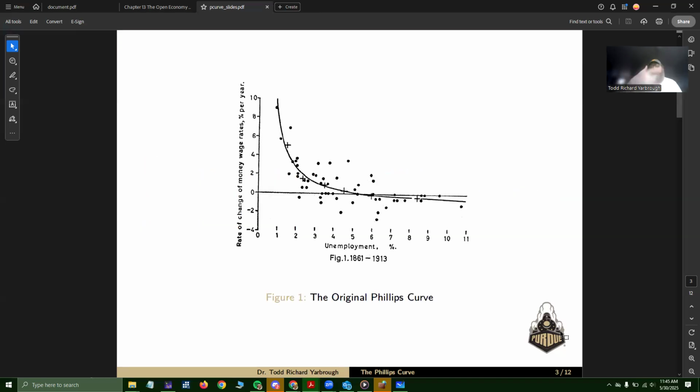Okay, so here's the idea. This is the Phillips curve. You can see he's found a negative relationship between unemployment and wage inflation. This is, I believe, just UK data from 1861 to 1913. That's maybe one weakness. It's a fairly small sample, and there's no cross-country variation for us to do anything with econometrically. We just have a very simple time series relationship here.